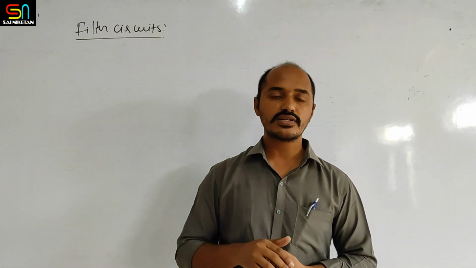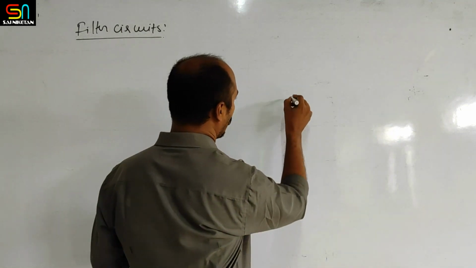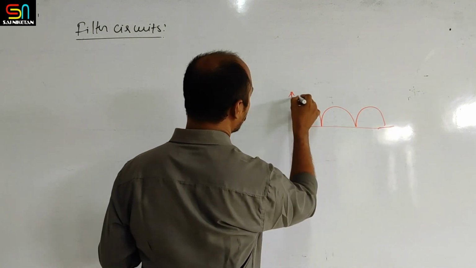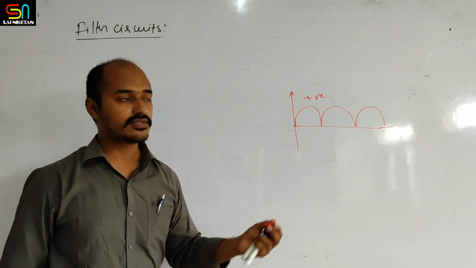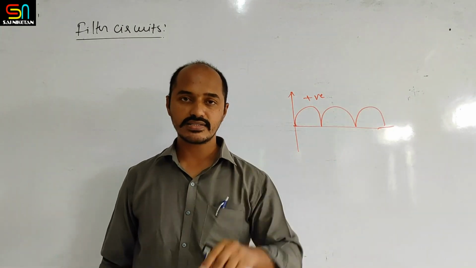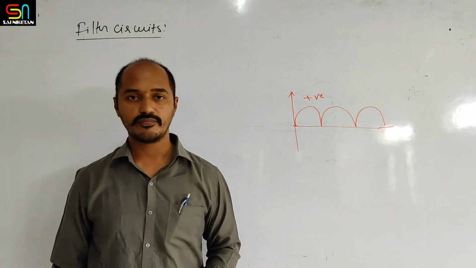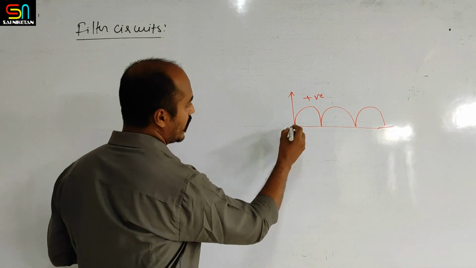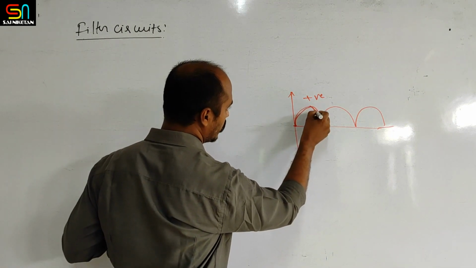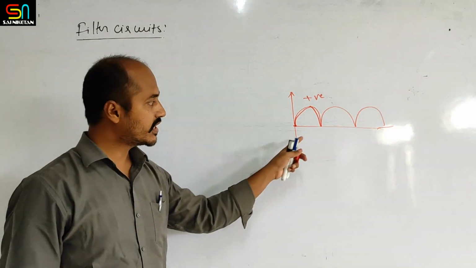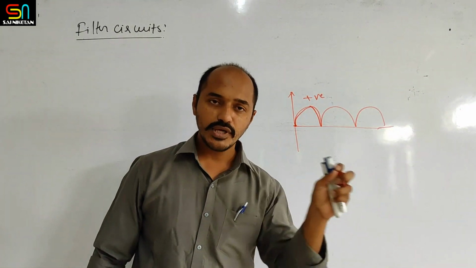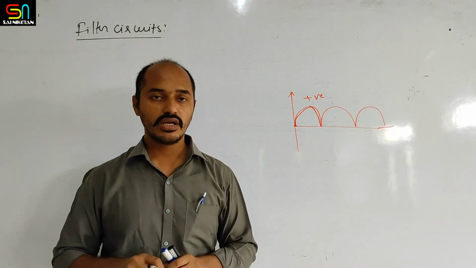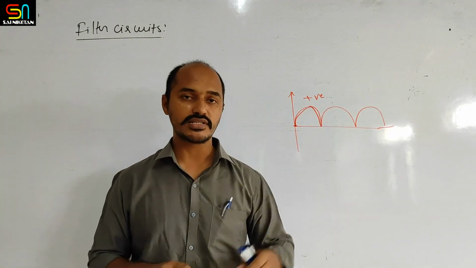But in that also we have certain problems. We are getting output like this. So this is what unidirectional is, we can agree on this. This signal indicates a unidirectional signal. It may be voltage, it may be current, but it is unidirectional. But you can see here, voltage or current certainly decreases to zero and increases to the maximum level, and furthermore decreases to zero. And once again it increases, once again decreases, meaning it has a pulsating voltage. Pulsating voltage means it is varying voltage. It is unidirectional, but it is pulsating voltage.